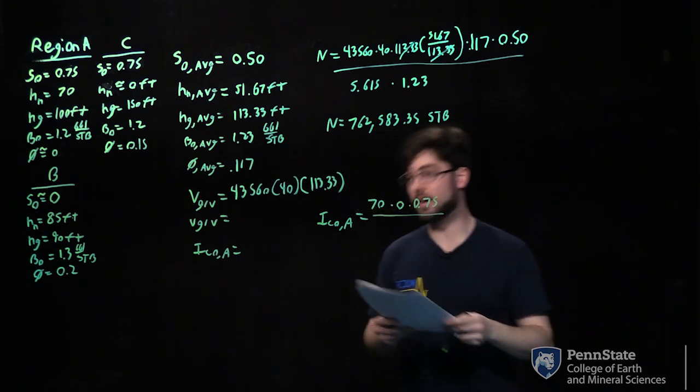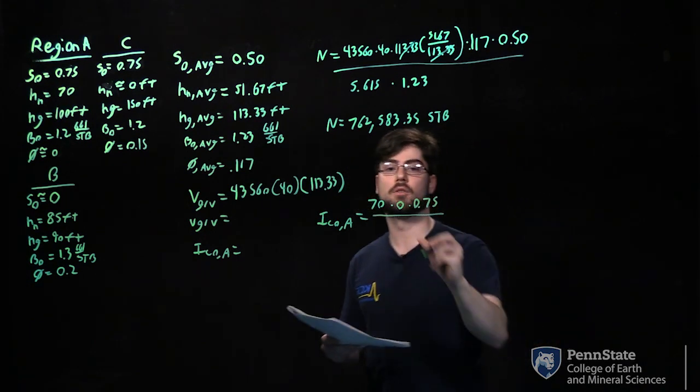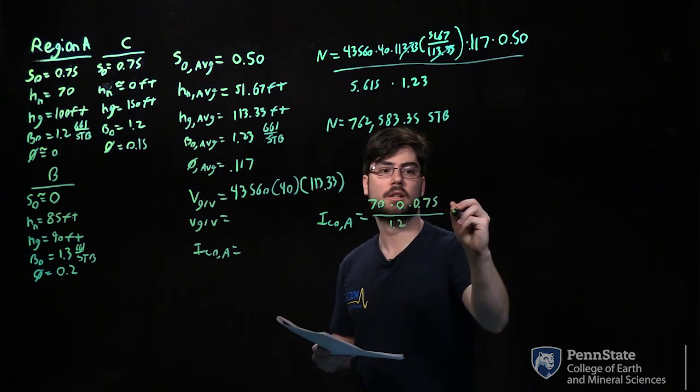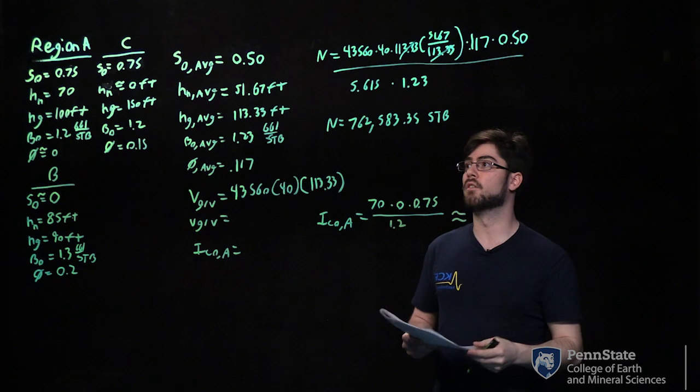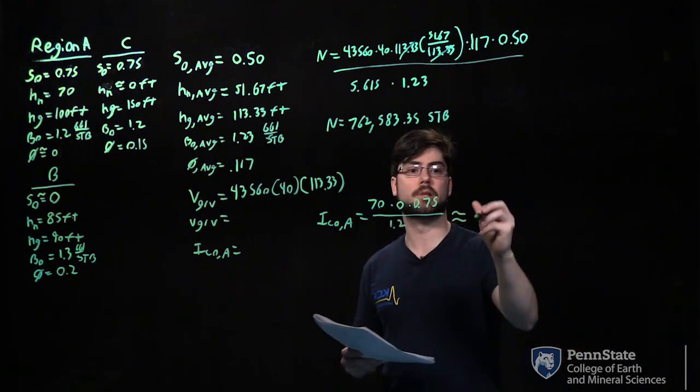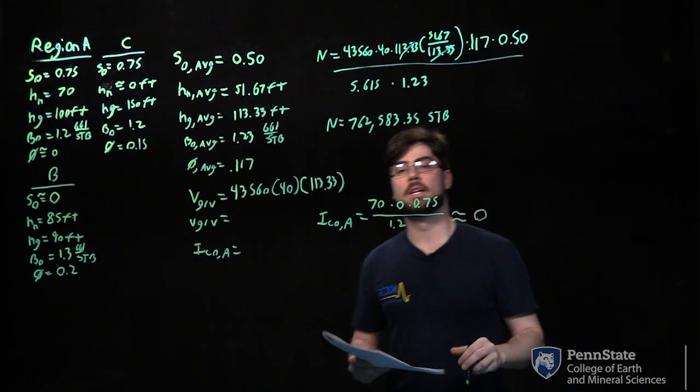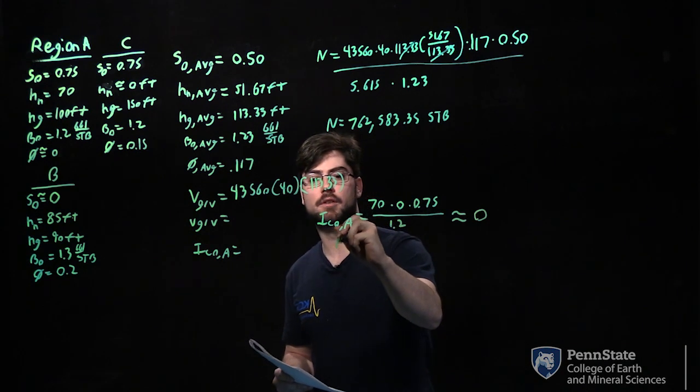And then we're going to divide that by our formation volume factor of oil, which is 1.2. And so like I said, it's approximately 0 for your porosity, so this is going to end up being 0. And it'll be the same thing for region B